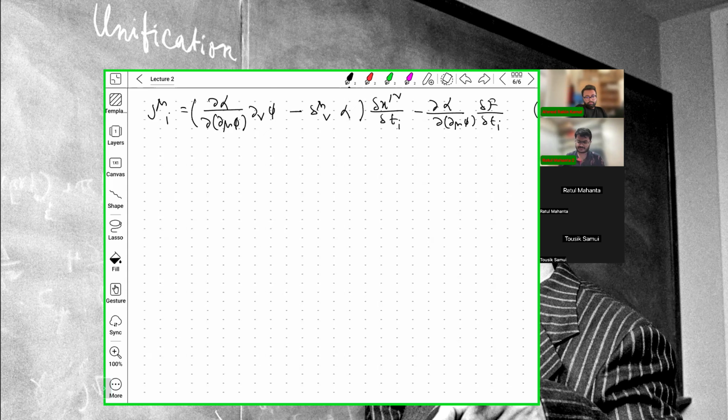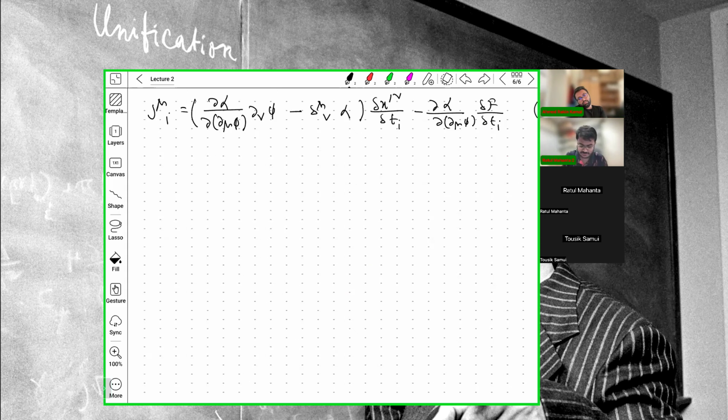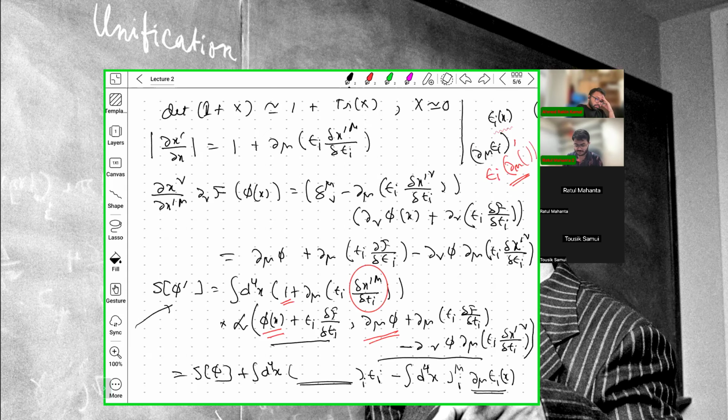Okay. That's great. So now demand that it has a symmetry under only global transformations. But anything, I mean, action is meant to compute for any given phi, right? So you plug phi, you get the action. Demand that it has a symmetry under global transformations only. So you know that whatever terms appear, if it has to be a symmetry, these two quantities should be equal, S phi prime equals S phi. And since for global transformations, this term will not be there,